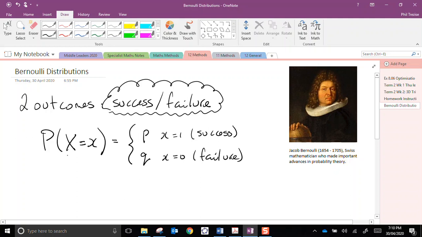The probability, so X is the event, passing the exam. Usually the name of the event, capital X, is in terms of the successful outcome. So getting a head on tossing the coin, or rolling a die and getting a 6. So I either get a 6 or I don't get a 6. I don't care about what the other outcomes are. It's a 6 or it's a fail. So that's what the capital X represents, the event, and the little x is either 1 or 0 depending on whether you've got the favourable or the unfavourable outcome.